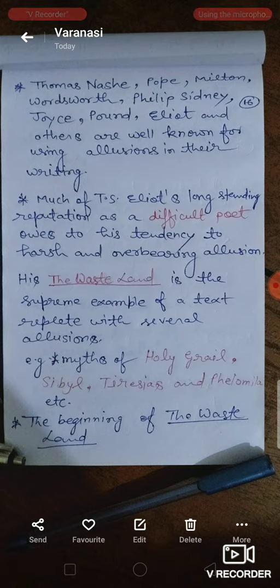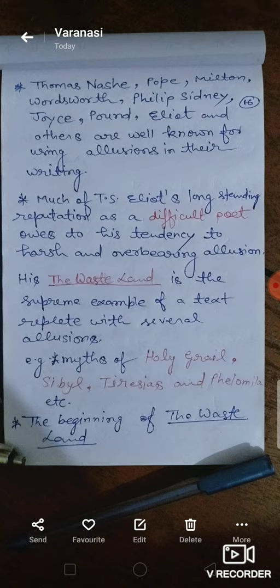When we talk of T.S. Eliot, see, he is considered to be a very difficult poet. So we can talk of one aspect of his being difficult today. Much of T.S. Eliot's long-standing reputation as a difficult poet owes to his tendency to harsh and overbearing allusion. So several allusions are being used in a particular text by T.S. Eliot. When you talk of Gerontion, when you talk of